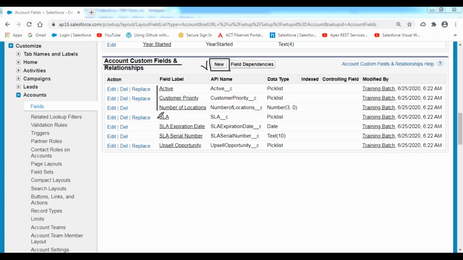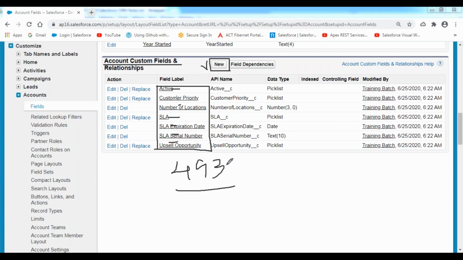So here some fields have been given by Salesforce. How many? 1, 2, 3, 4, 5, 6, 7. Seven fields have been given by Salesforce. Still we can create 493 fields inside your account object. That means custom fields can be applicable for both standard objects and custom objects. In my account object, I want some more custom fields. In the lead object, I want some more fields. Like that, we can create them depending upon your application requirement as well.